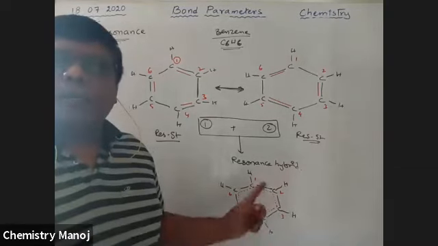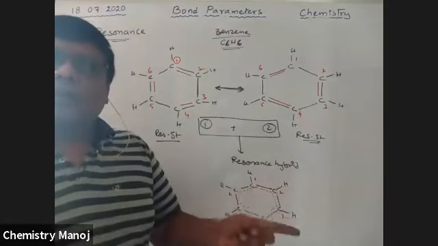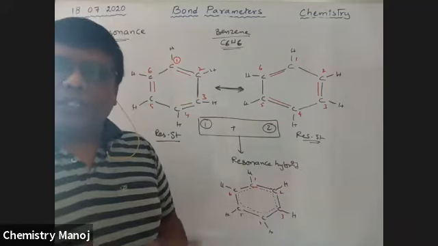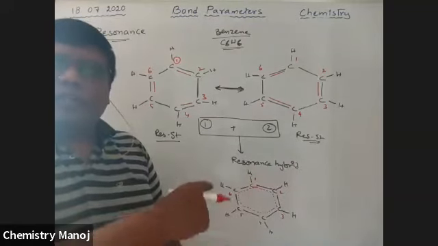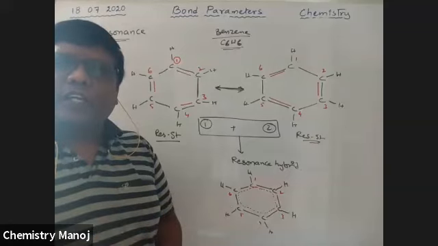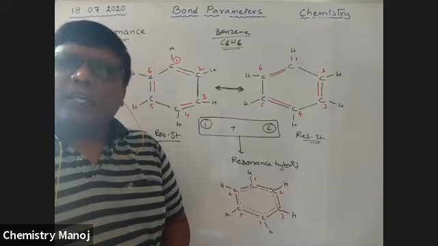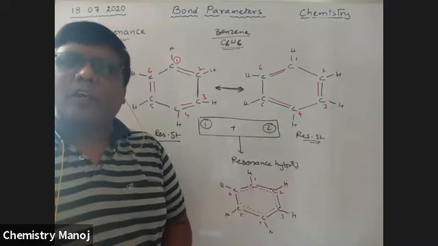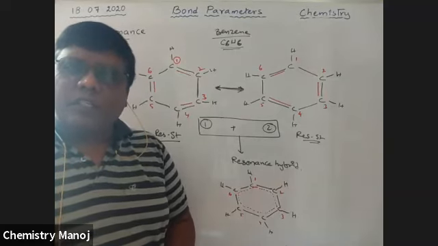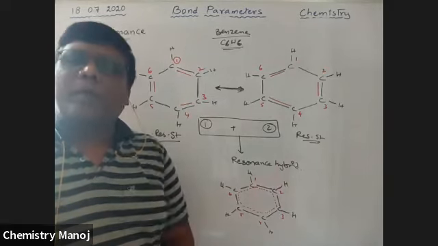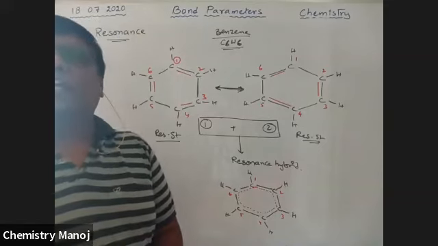What are those dotted lines? The dotted lines represent 3 pi bonds. Where is the placement of these pi bonds? Not at a particular place. That means they are spread over the entire molecule, not in exactly the same location. These are called delocalized bonds. Pi bonds are generally called delocalized bonds, but sigma bonds' placements are not changed. Sigma bonds are localized bonds. Pi bonds are delocalized bonds, and the placement of those pi bonds may change.